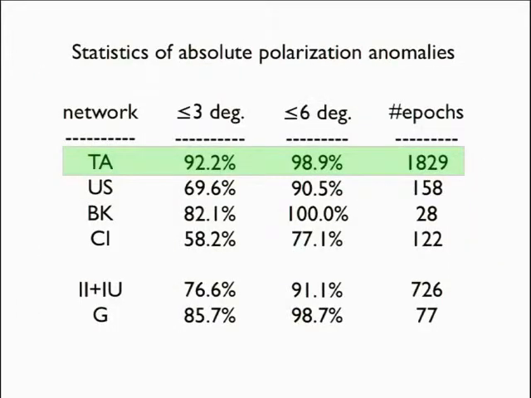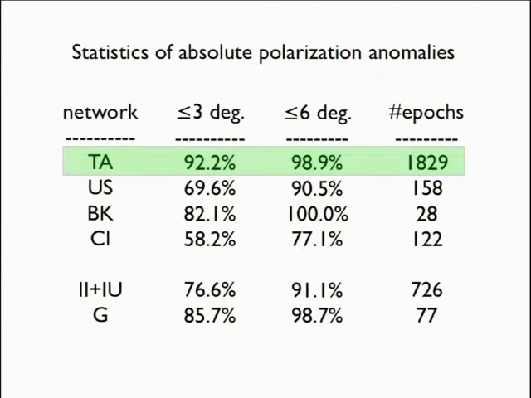The bottom line of all of this is that the TA is what I think is the best oriented set of instruments in a substantial array, and it's borne out by these statistics. You have to realize that we still don't know true ground truth, but these are measurements. This is the seismically determined versus the metadata orientations. And as you can see here, of the epochs of the individual instruments that have been deployed, 92.2% of the TA instruments are within 3 degrees of what they claim to be, and 98.9% are within 6